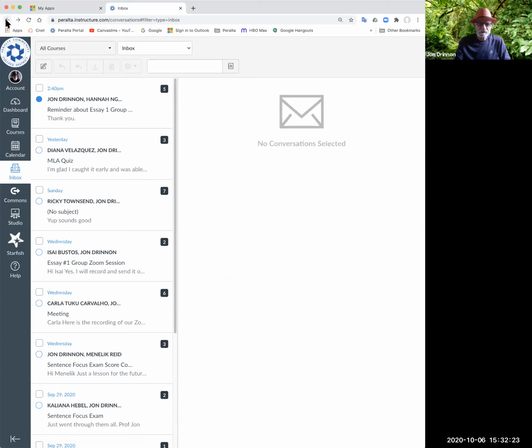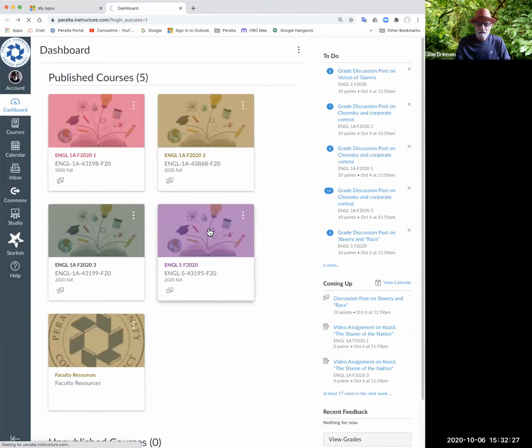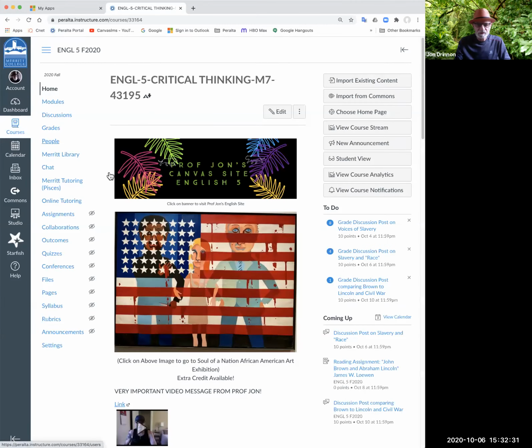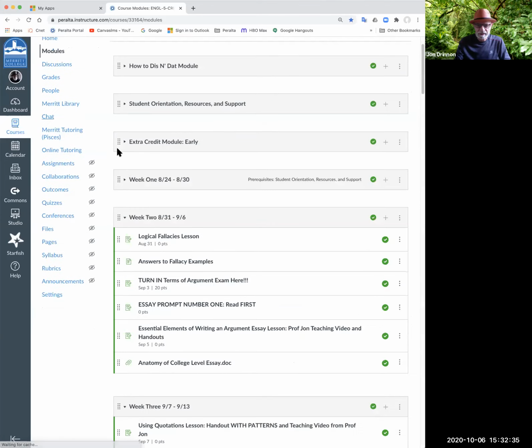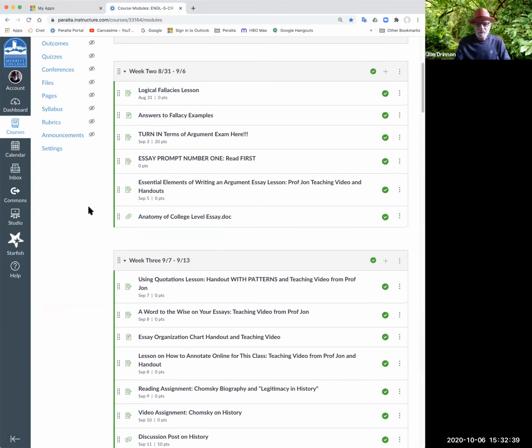And most of the stuff that was supposed to be there, I put it up twice. A lot of the stuff that's up there was put up early, and I'm putting it up late as well. The reason for that is that I wanted people to have access early on to some of the things that you're going to need to work with in order to write this essay, because it's a pretty difficult essay to write.